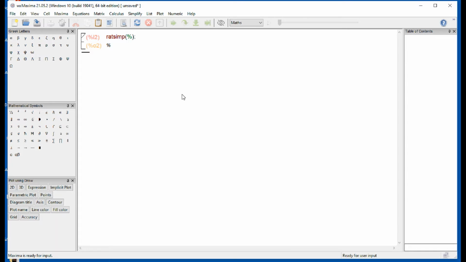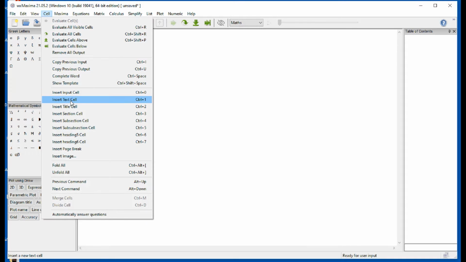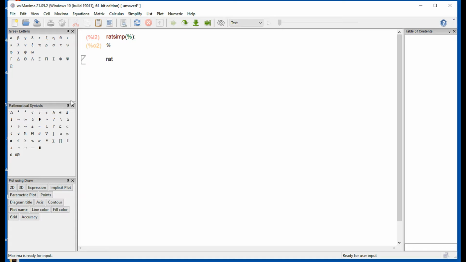Now, by default, the argument is going to be the percentage, which, remember, means the most immediate result. There is no most immediate result, so you get back this. And here's where you're going to put your expression that you want to simplify. Now, the ratsimp command has a funny name, but all it means is rational. I'm going to enter here, in the cells, a text cell. Ratsimp means rational simplification,